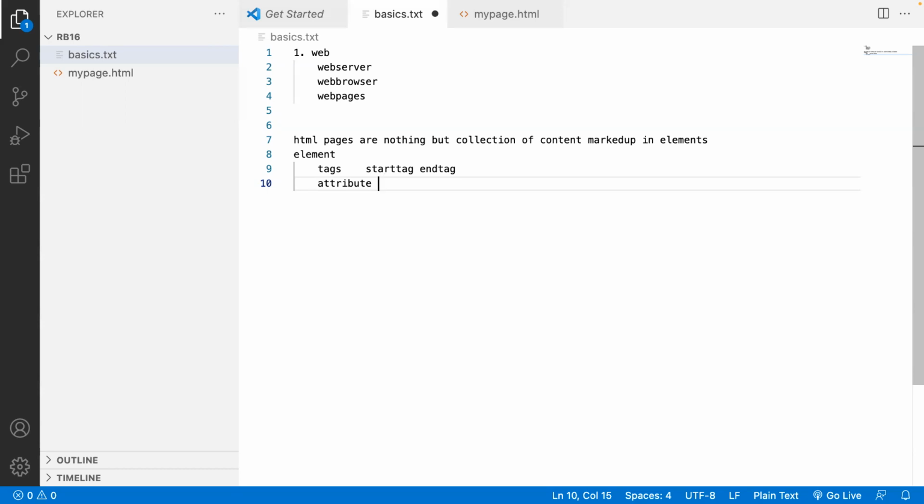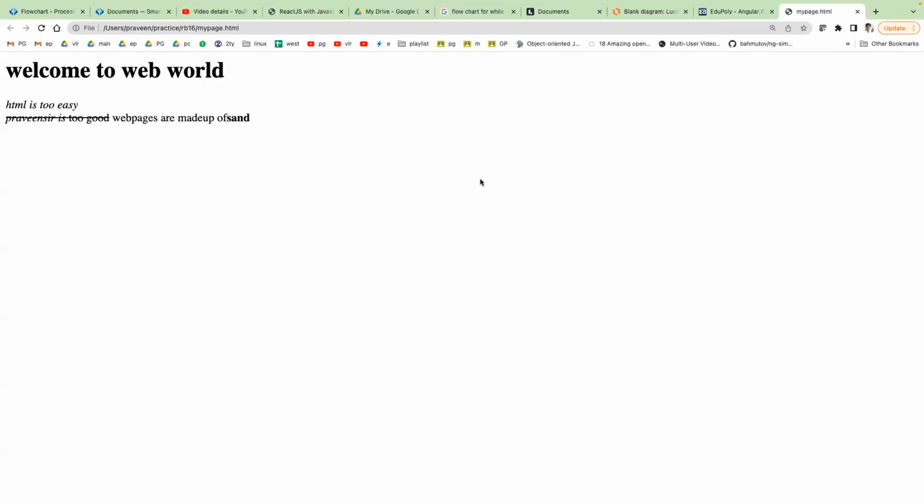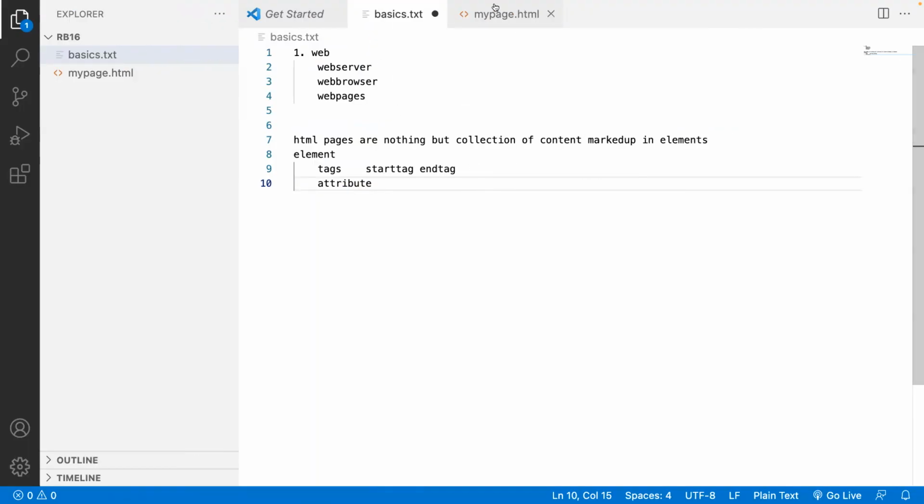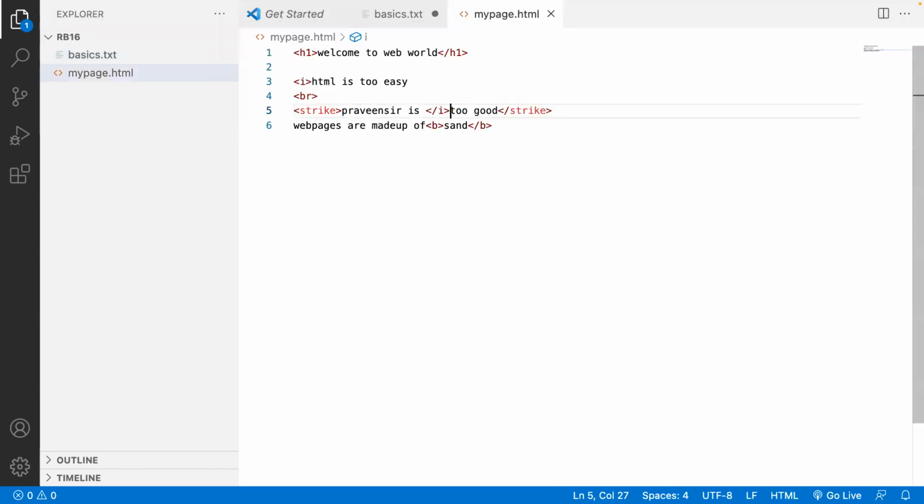Point number 1. An attribute is something where you can specify its nature. For example, in this particular web page, I will remove all these things.